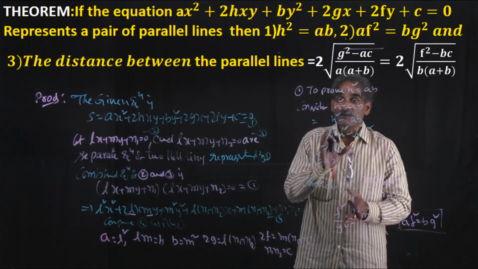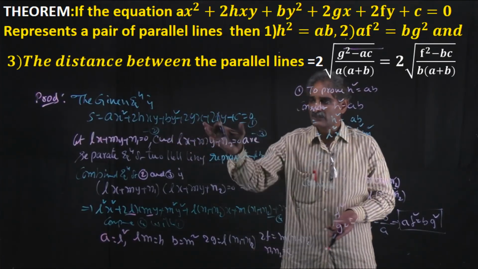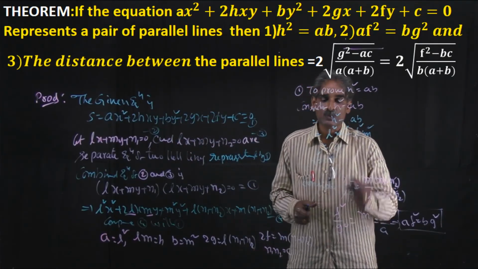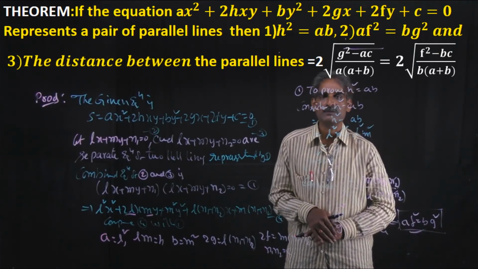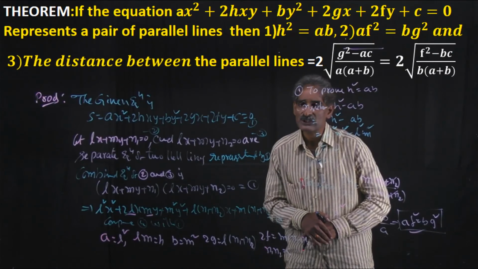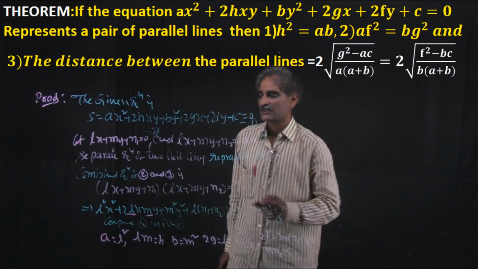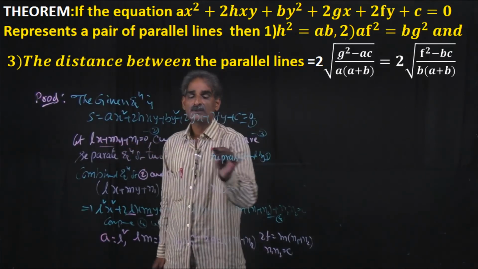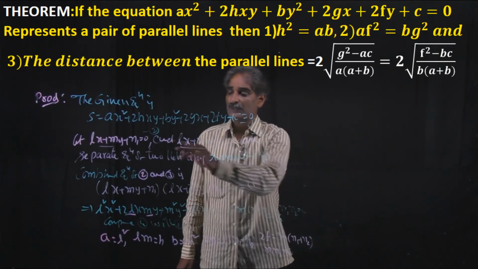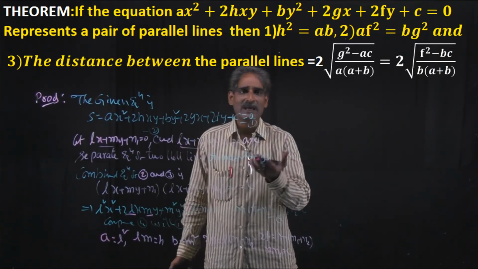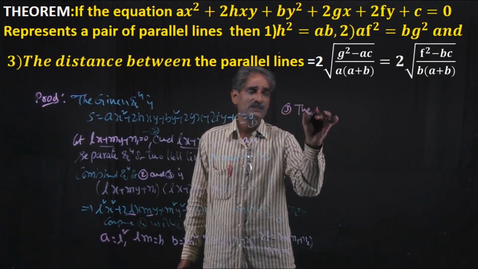For parallel lines, if this represents a pair of parallel lines, it must satisfy two conditions. One is h square equal to AB and another one is AF square equal to BG square. Understand? Next we have to find out the distance between them. We have to find the distance between the parallel lines. Already we assumed two parallel lines. In straight lines we know the formula for distance between them. So now the distance between 2 and 3, because clearly 2 and 3 are parallel lines. So now for the third one, the distance between